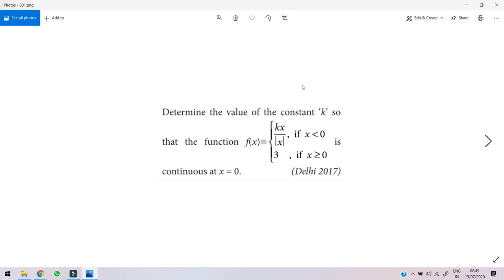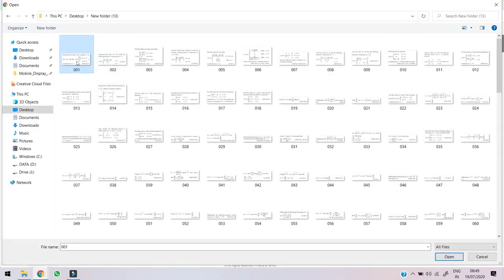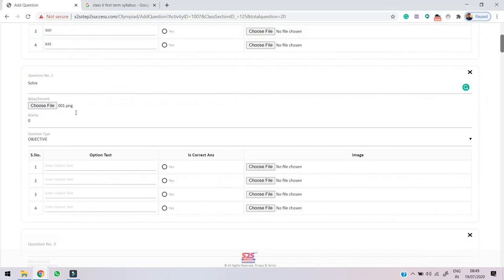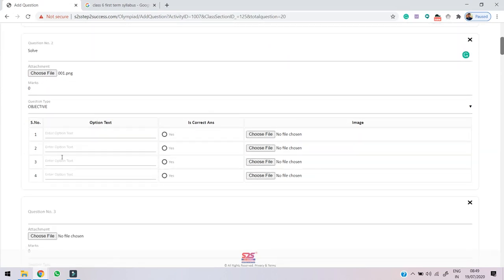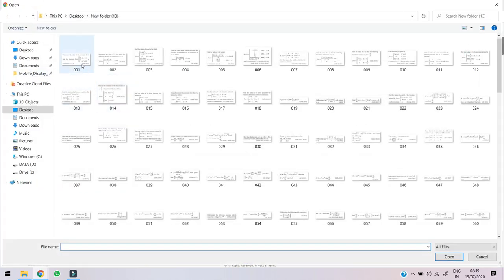So this is a question that is already cropped, already created here. I'm going to choose this question 001. You can see 001.png is attached here. So I have uploaded the question. Now let me show it to you again.